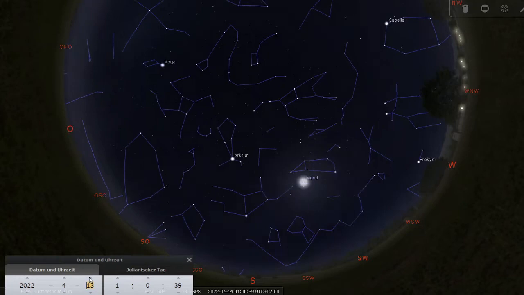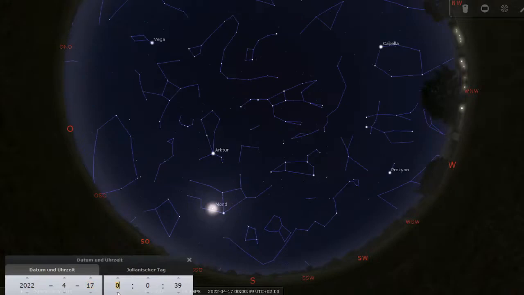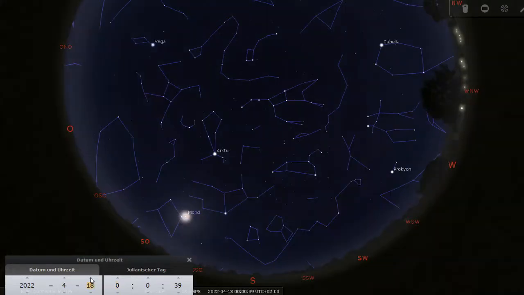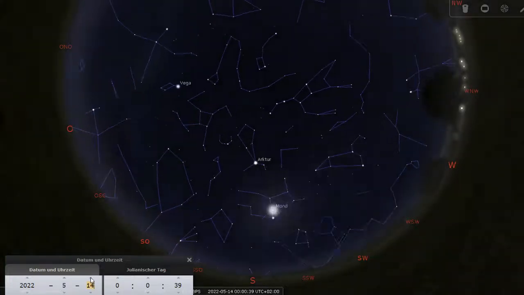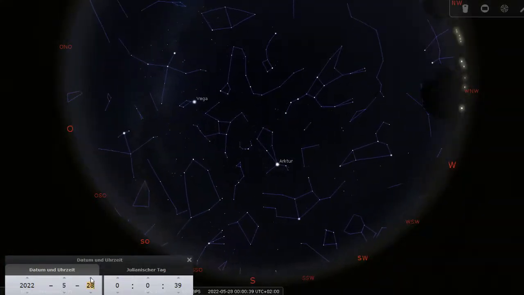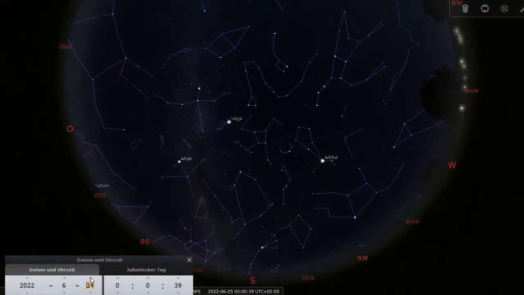So we are now in April, and you can see the night sky in April at midnight has changed. We don't see Orion anymore in April. When we move further throughout the year, we are now in May, and we approach the summertime now. So it's now June,